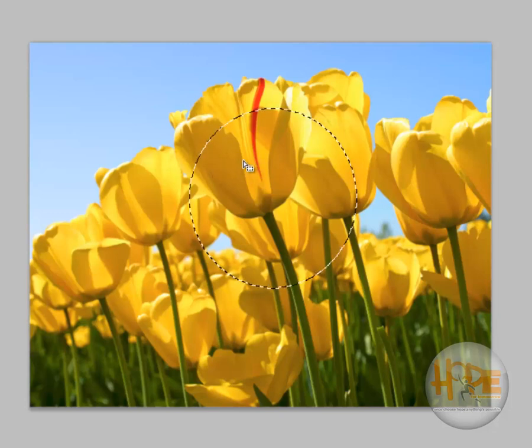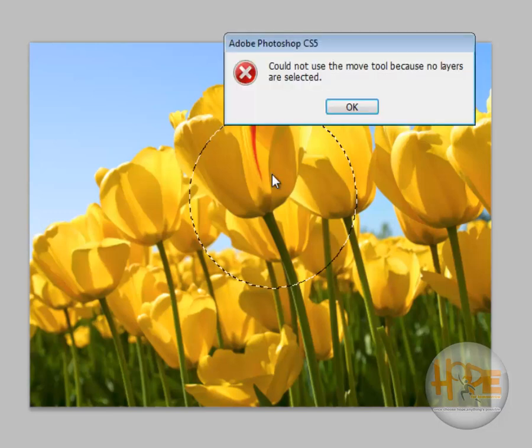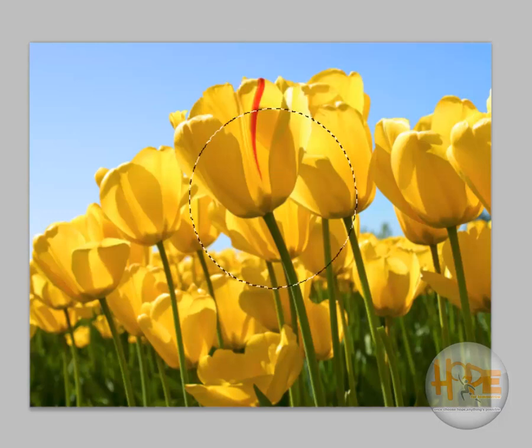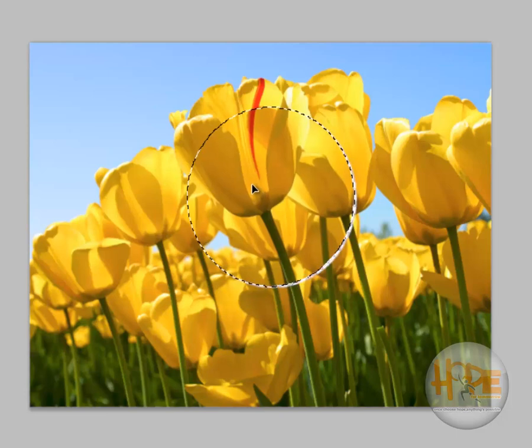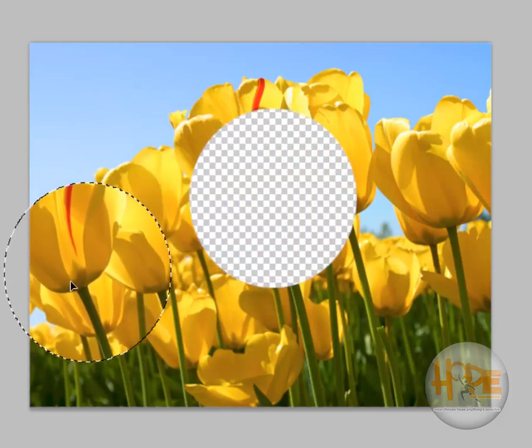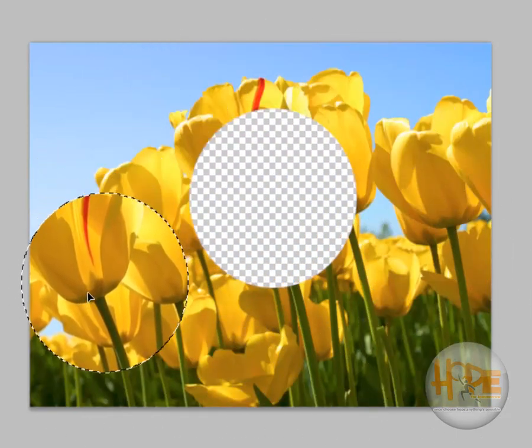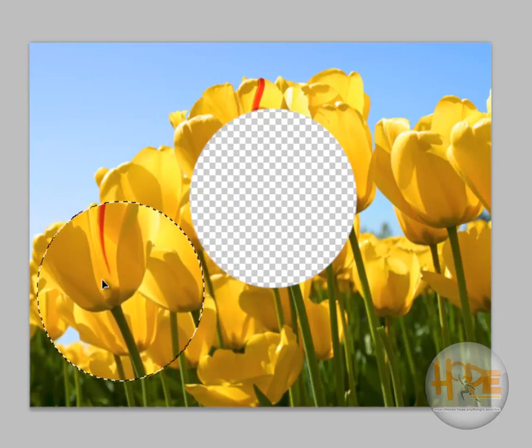For example, first let us select the move tool. We can left click, first select the layer, left click inside the selection, and you can move your mouse to cut and move that particular selected area.